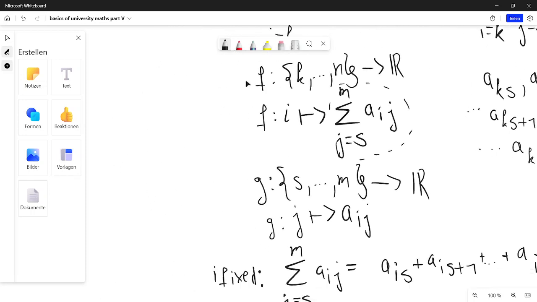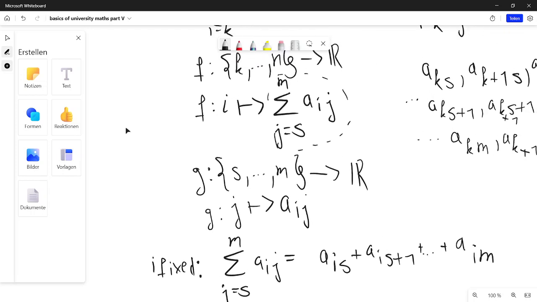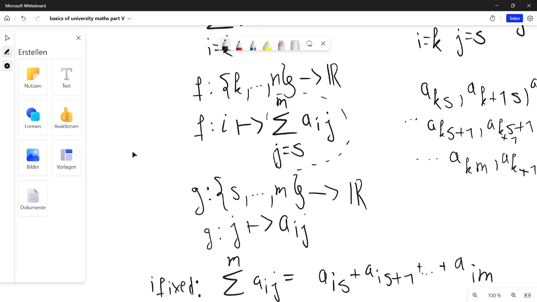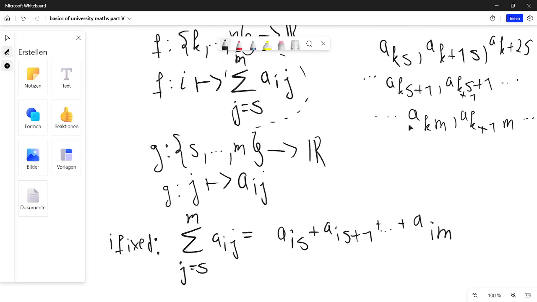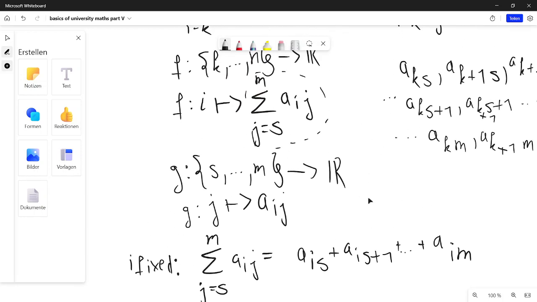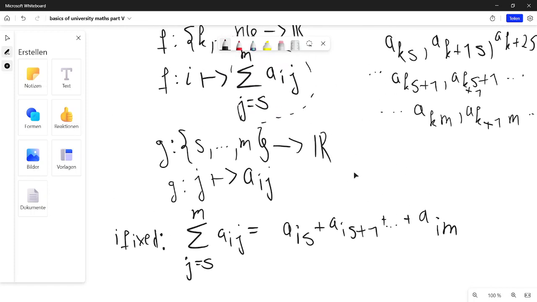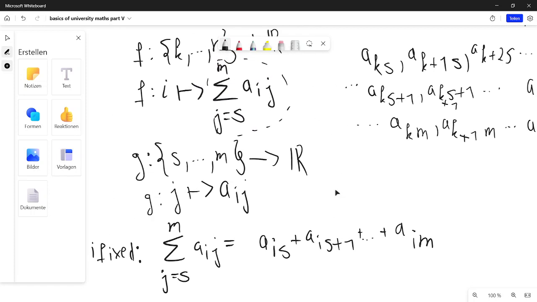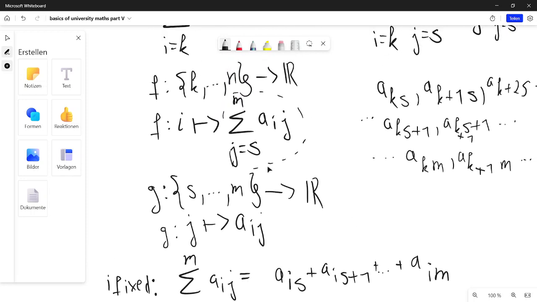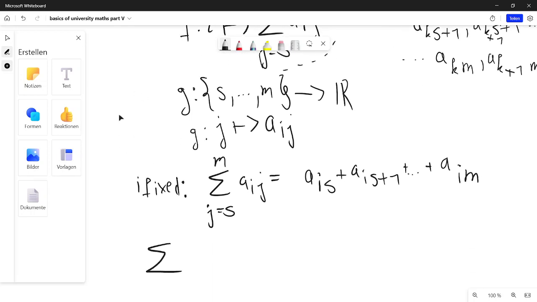Okay, then we have to go through K, have such a sum for K, we have to go through K plus 1, have such a sum for K plus 1, and we have to go through everything until N, and we have to add up all those results. Okay. Well, that is, if we go back and insert that, right? We just remember what we had in the beginning. And in the beginning, we had